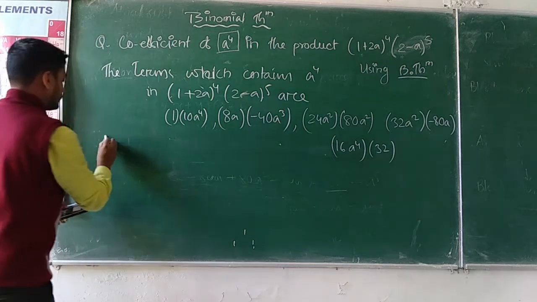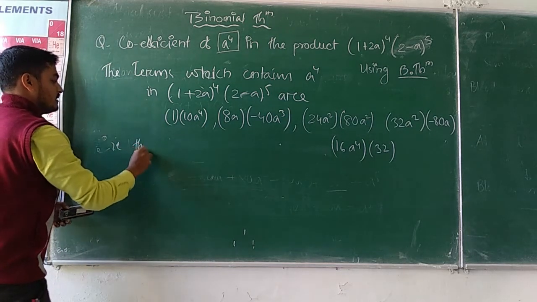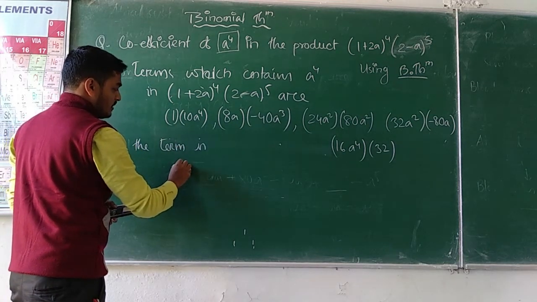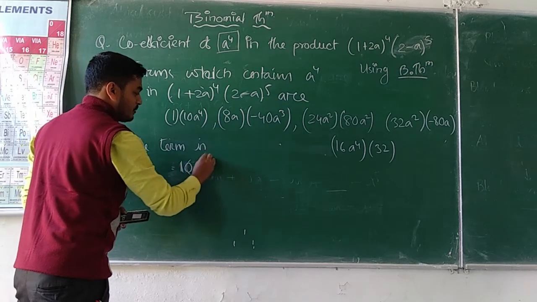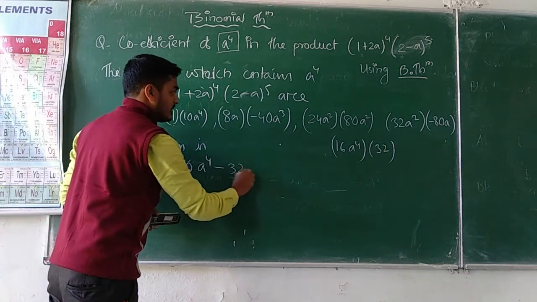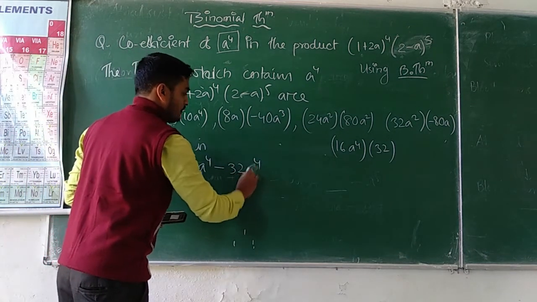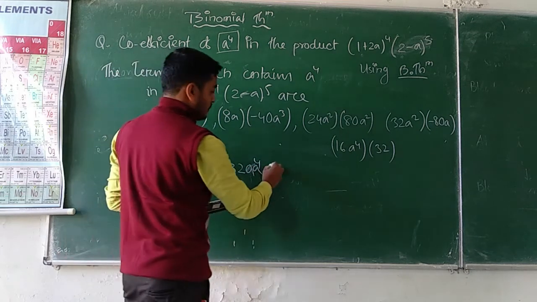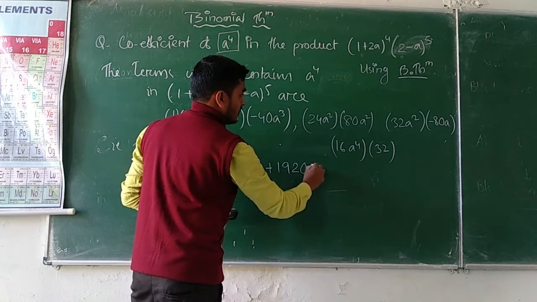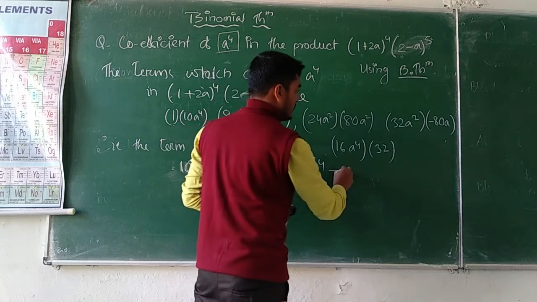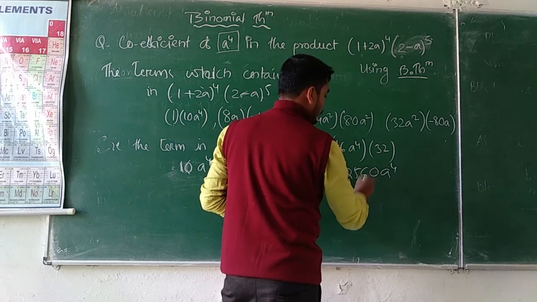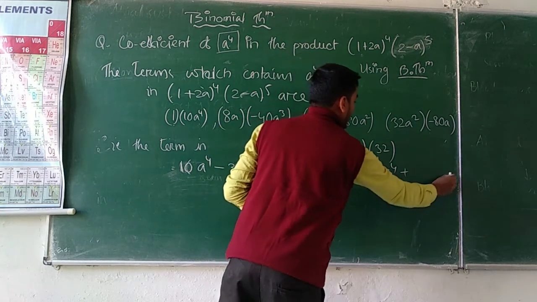মই কি লিখিম সো এতিয়া therefore the coefficient that is the term is টার্মটো কিমান হ'ব জানানে so plus কৰি দিয়া that means 1 into that means what I did today 10 a to the power 4 মই exactly a to the power 4 ৰ টার্মটো কথা কৈছো এটো মাল্টিপ্লাই কৰিলে 10 a to the power 4 হ'ব minus 32 a to the power 4 or 320 a to the power 4 তাৰপিছত এটো কিমান হ'ব 32 190 a to the power 4 এনেকুৱা হ'ব নে বাৰু minus এটো কিমান পাবা a to the power 4 2560 a to the power 4 बस ये तो प्लस को तुम्हारे a to the power 4 to लिखी दिया